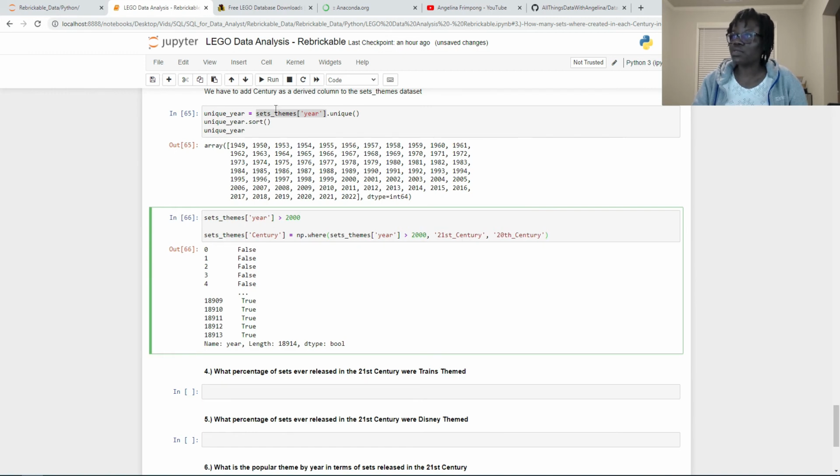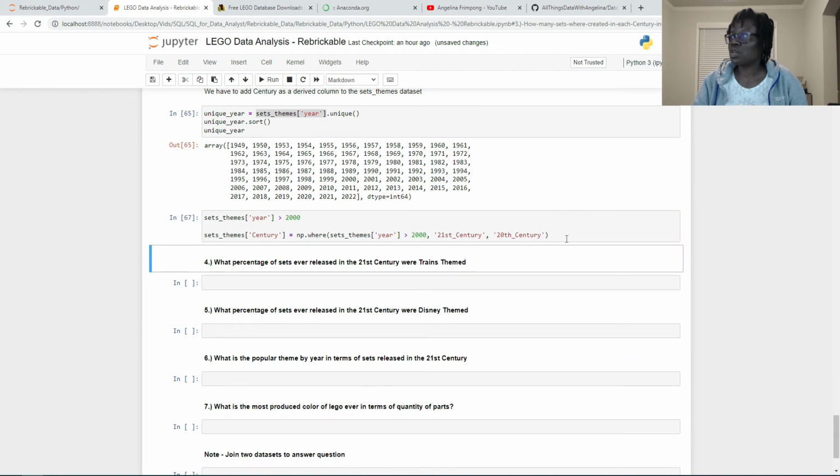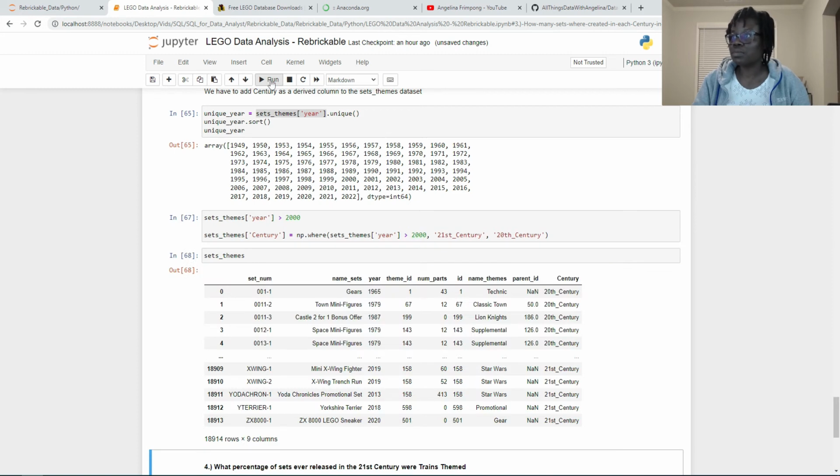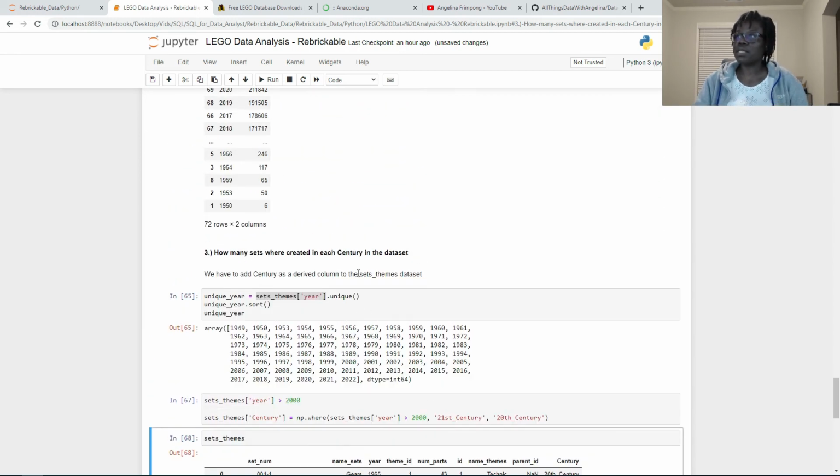All right, let's run this. Oh, sorry, I have to see the data set. So let me add this here, set themes. We should see another column called century. Perfect. So let me see if it corresponds to the year. 2020 is 21st, 1979 is 20th century. Perfect. So this works. So now we are ready to actually answer the question,